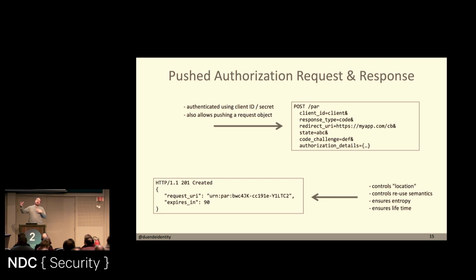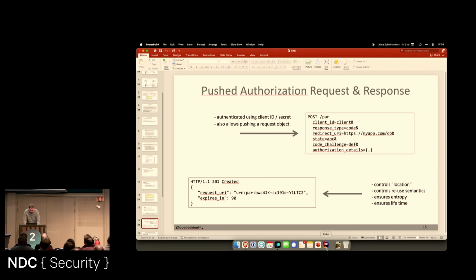We can implement things like one-time only use of that GUID, for example. We can ensure the entropy, make sure this is a good parameter, and we ensure the lifetime for how long the authorization server actually keeps hold of that. And after 90 seconds, this thing is invalid, we can clean up our database, and it's gone. Let me show you